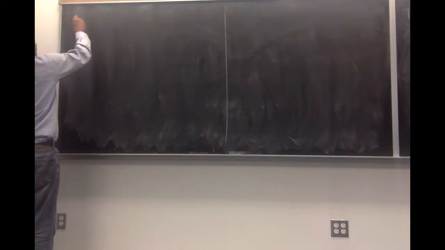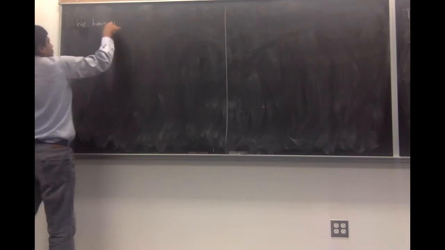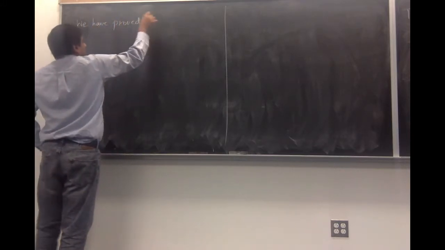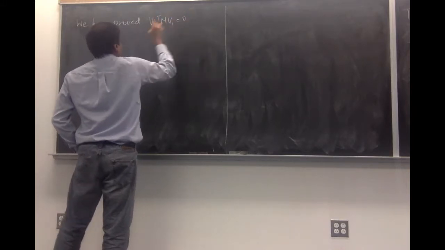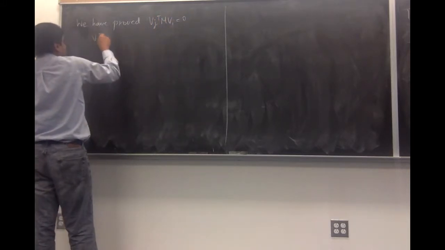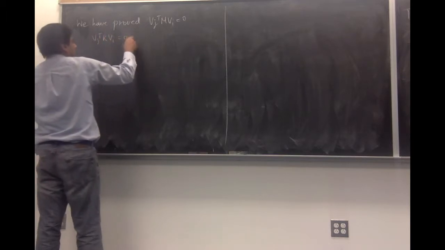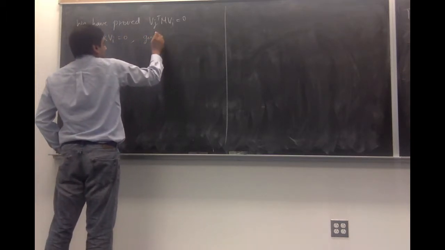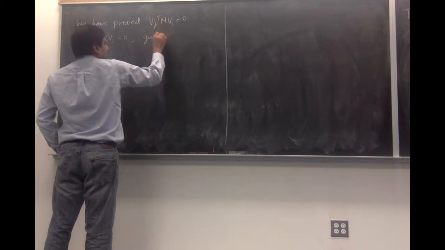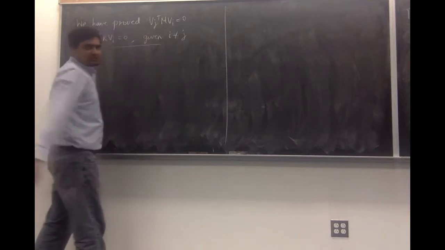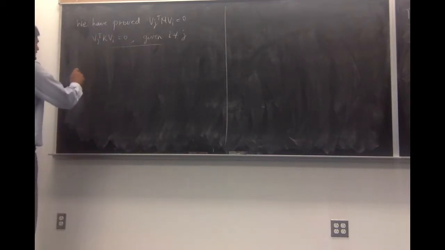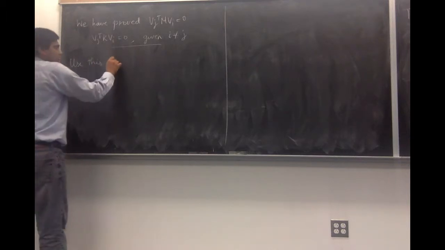Okay, so what we've done just now is we have proved Vj transpose M Vi equal to 0, Vj transpose K Vi equal to 0, given i not equal to j. Okay, so that's what we've proven. Now let's use this to simplify